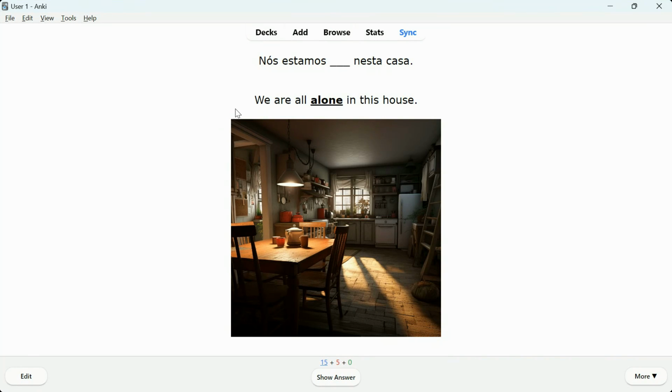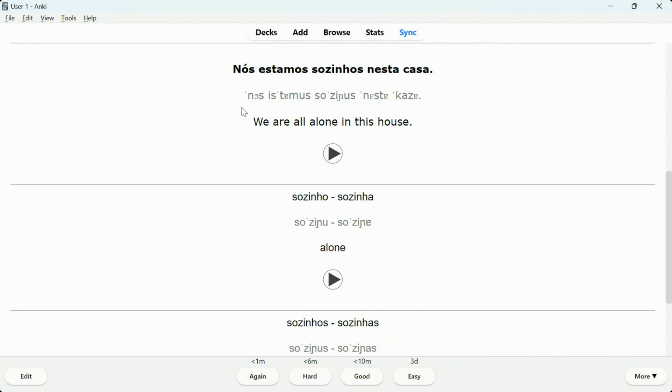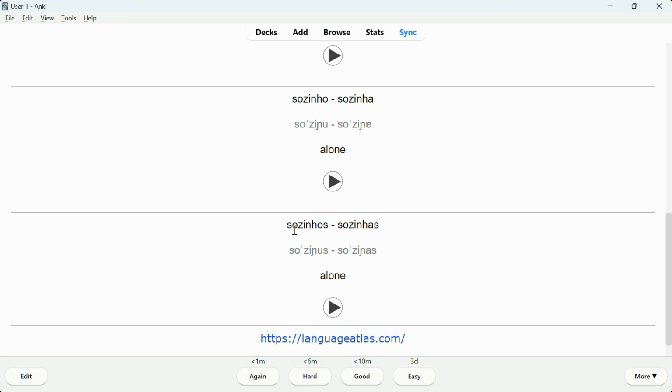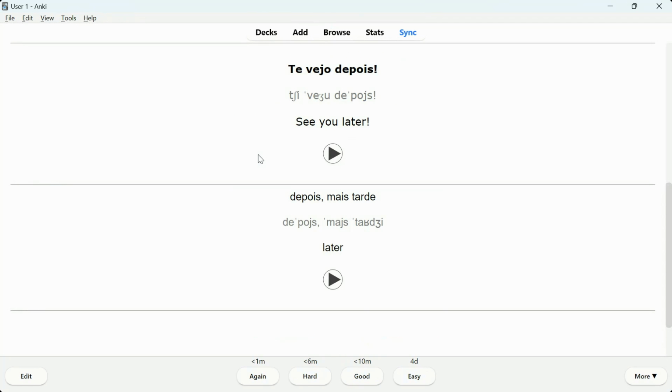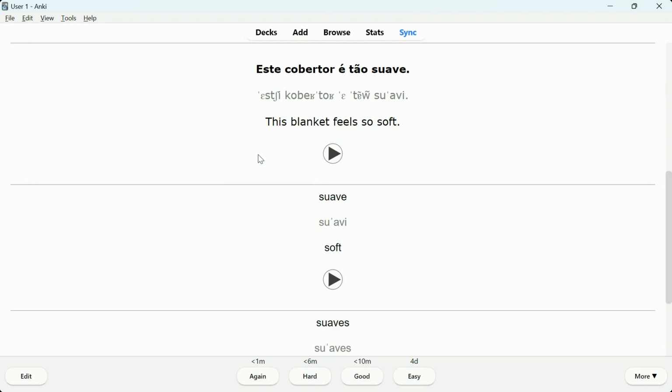We can do one more. We are all alone in this house. Alone. Nós estamos sozinhos nesta casa. Sozinho, sozinha. Sozinhos, sozinhas. Great. And I could continue like this, and at a certain point, we would reach the second card